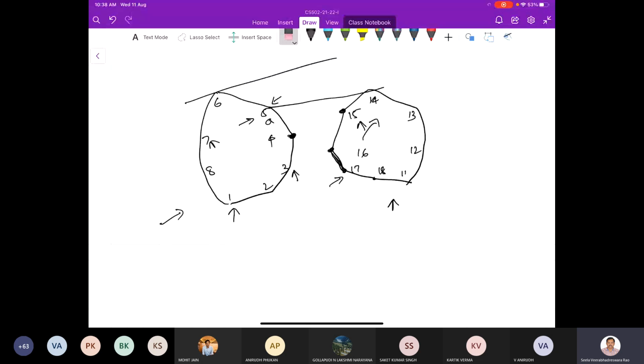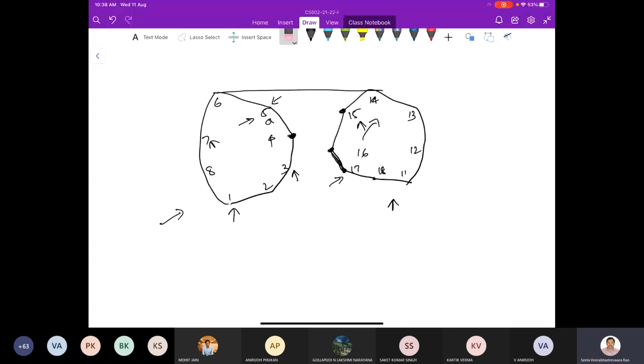Now this is the upper tangent to the right hull. Now you check whether this is the upper tangent to the left hull or not. Again it is not, so we move to this one. Now we check whether this 6-14 line is an upper tangent to the left hull. Yes. It is also an upper tangent to the right hull. Yes. Then we stop.